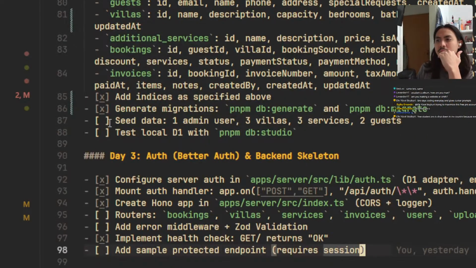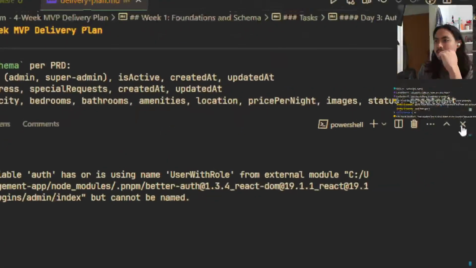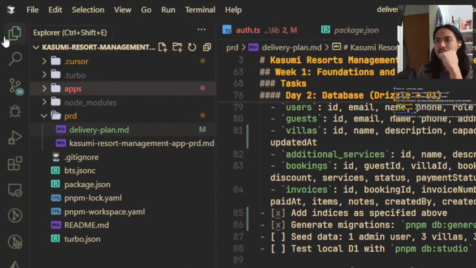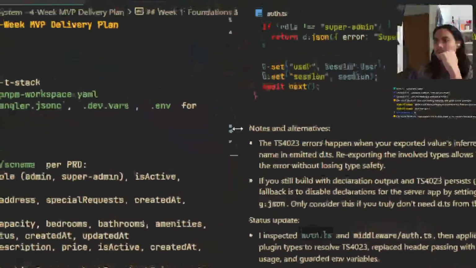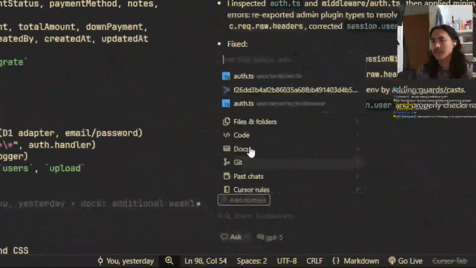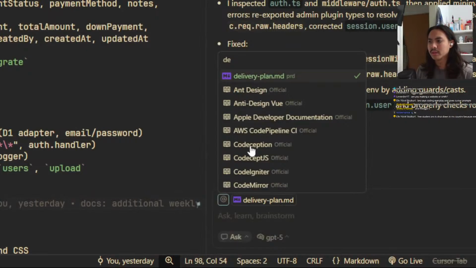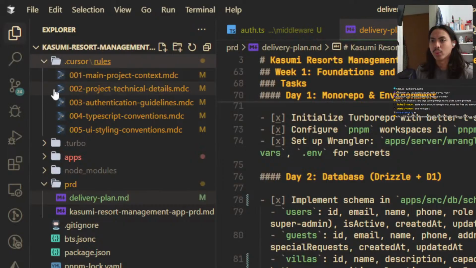Okay, I think we need to do the next step, which is to seed it. Okay, nice. Let's just close this. Let's add the delivery plan. And then what I need is the cursor rules for